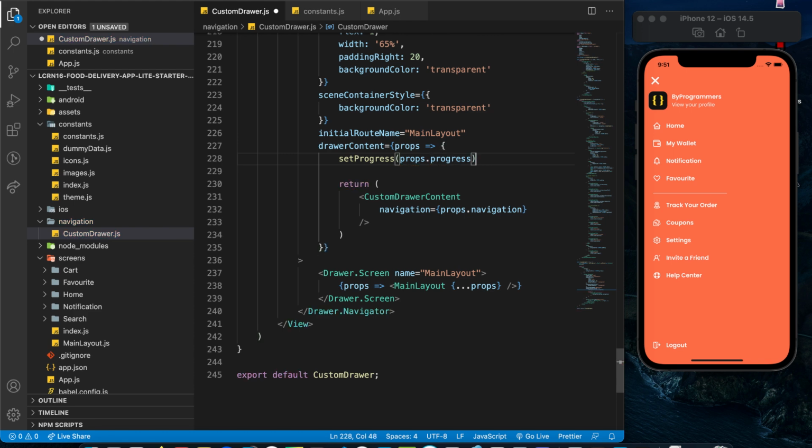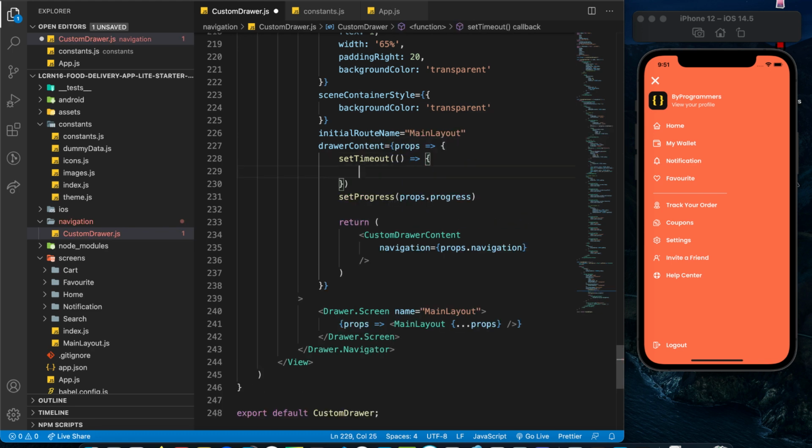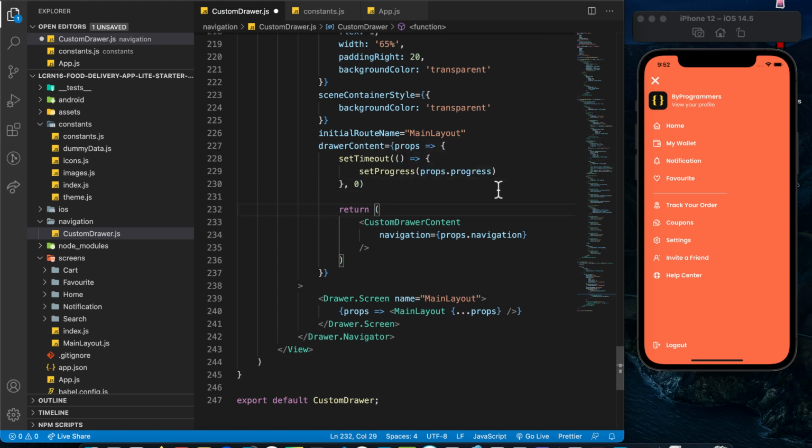Alright, so setProgress, props.progress, like that. And in order to make sure we don't get any warnings, we need to wrap this statement within setTimeout. Okay, so setTimeout, arrow function, and over here it's going to be setProgress, like that. And for the time interval, you can just put 0. Okay. Now that we got the drawer progress state,